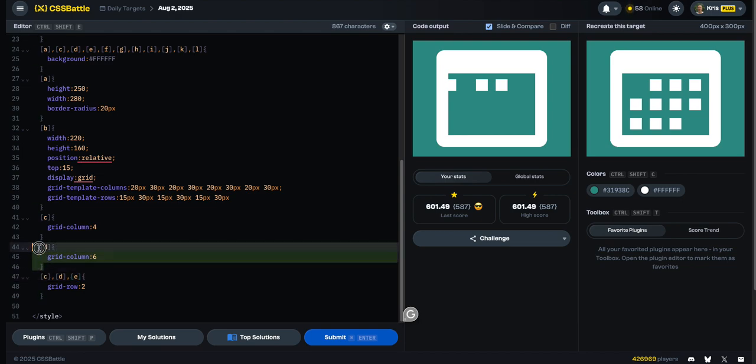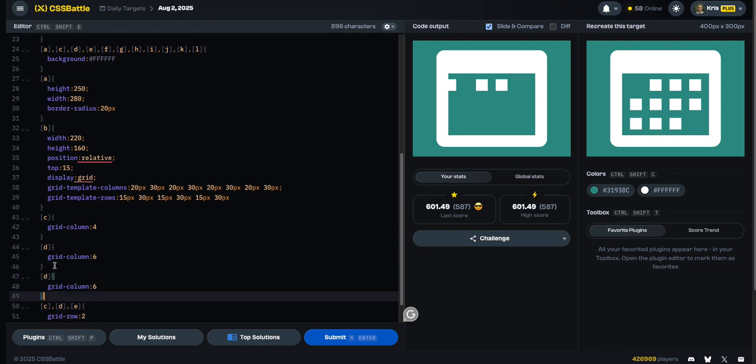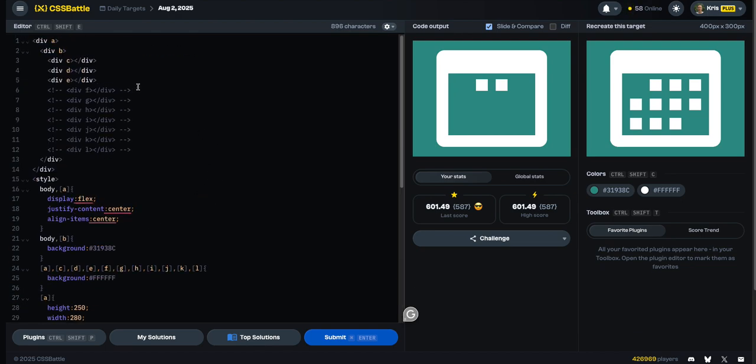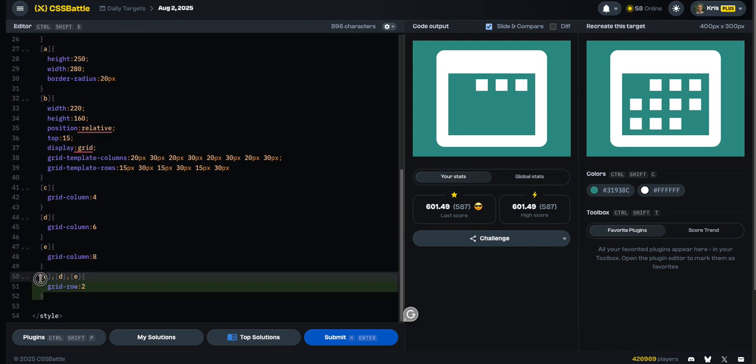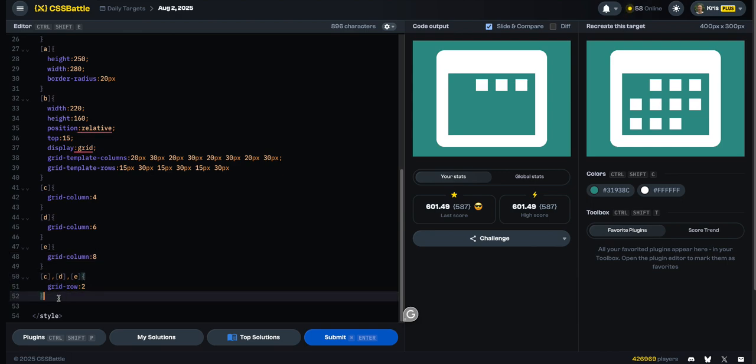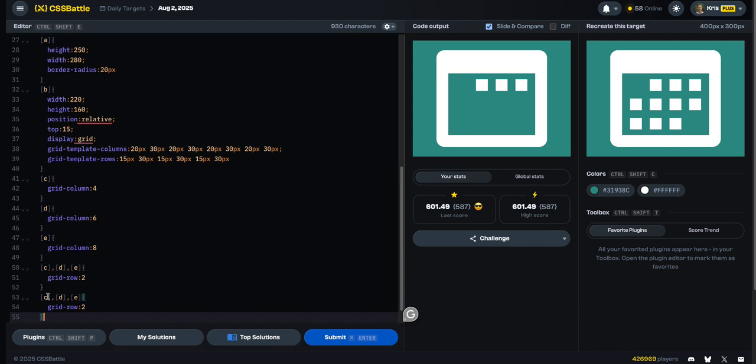And then grid column 8. Change it to 8. All right, cool. And then I'm gonna grab these 3, change this to F, G, H, and